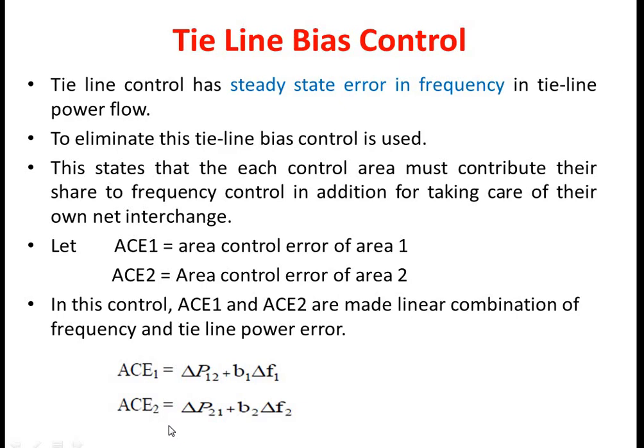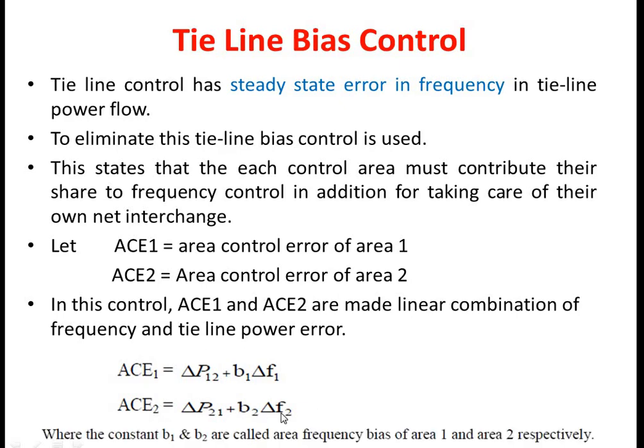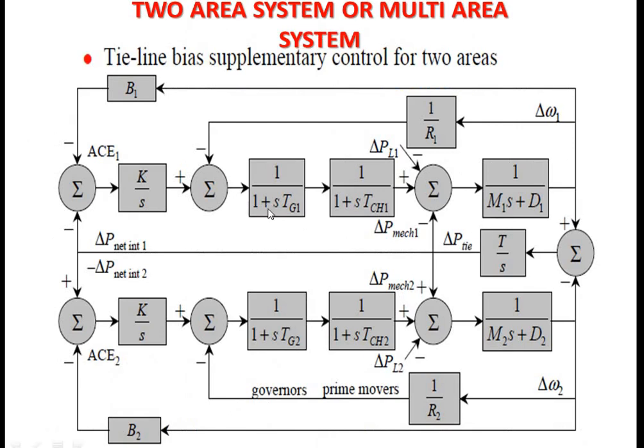Now we'll include these two equations in the block diagram representation. So far we have obtained a block diagram model of load frequency control, and we have interconnected this by using this tie line modeling. Now along with this block we are going to add this tie line bias control. The formula is ACE equal to del P12 plus B1 del F with respect to area 1. Here we have del F, which is multiplied with B1, and we have to add this with the change in tie line power.